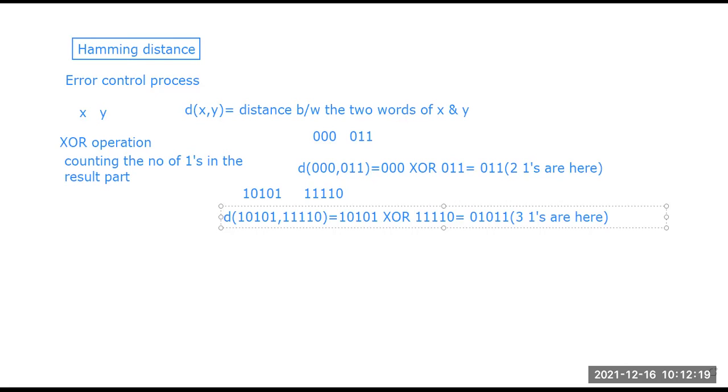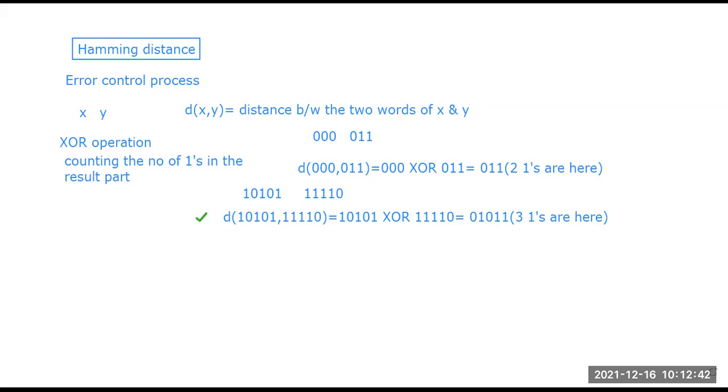As I said, consider this example of Hamming distance. The sent word is 10101, and the received word is 11110. These are the two words, one sent and one received.